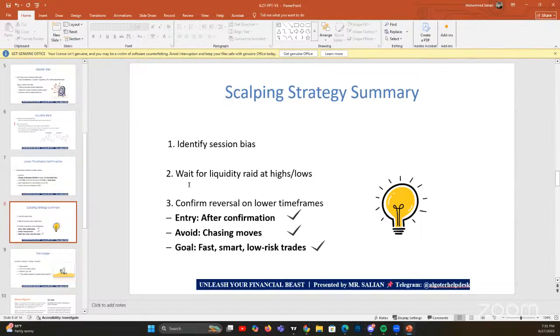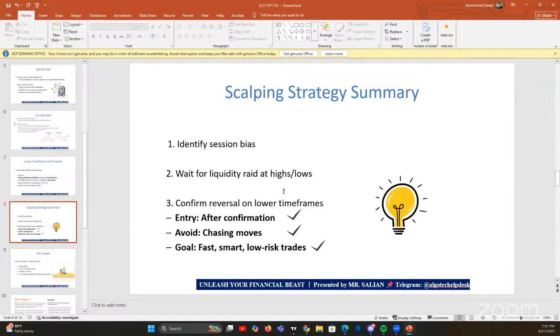So wait for liquidity raids at highs and lows. So the same with the upside. If it goes to the upside, London will go and chase all this liquidity on the upside, and from then on, it will give you that change of character in the 1 to 5 minute. Then that's the time you will enter, because now it is ready to go down. That's the idea there. Then number three, confirm